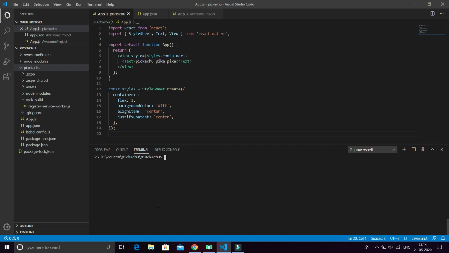Okay friends, after that completes, type another command, which is npm install react-native-reanimated, then space, react-native-gesture-handler, then react-native-screens.